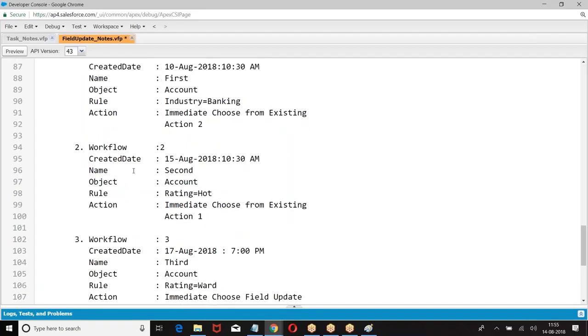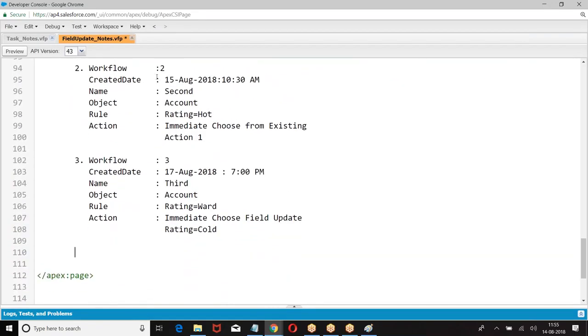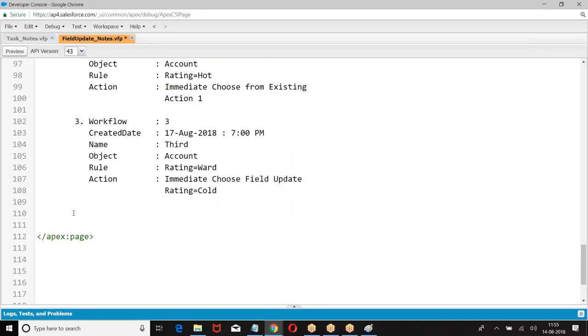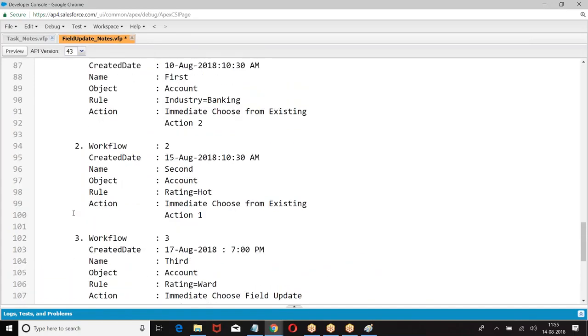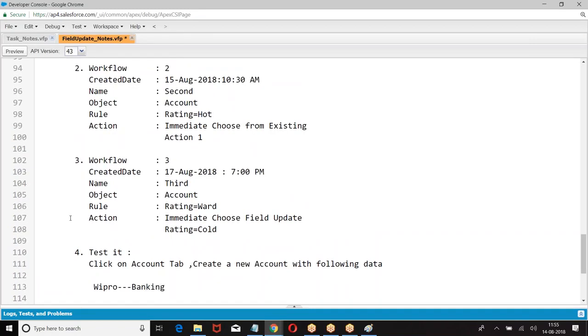So the three workflow rules are created. 10th August. Then just click on the account tab, create a new account. So we had Wipro, banking.